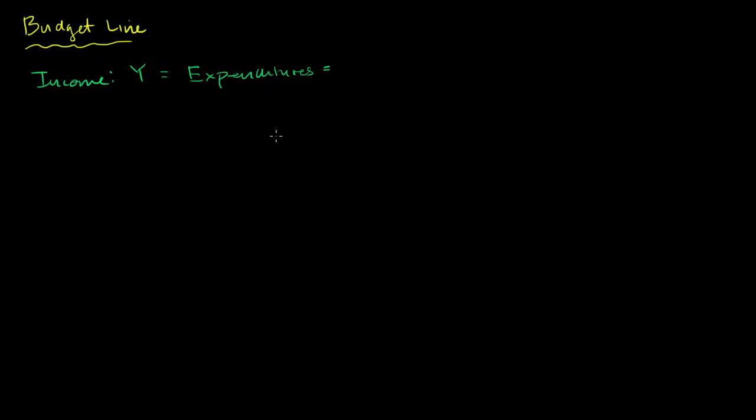So what are going to be your expenditures, assuming you spend it all on chocolate and fruit? Well, the amount that you spend on chocolate will be the price of chocolate times the quantity of chocolate you buy, which is the number of bars. And then the amount you spend on fruit will be the price of fruit per pound times the quantity of fruit. And so for example, if Y is equal to $20 per month, and we actually will plot this in a second, the price of chocolate is equal to $1 per bar,